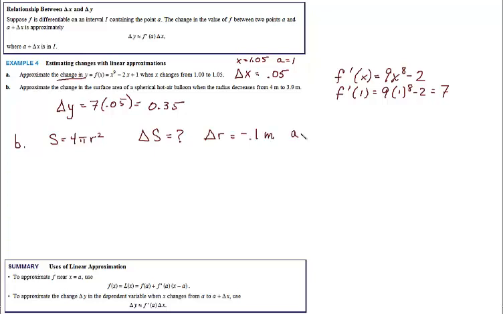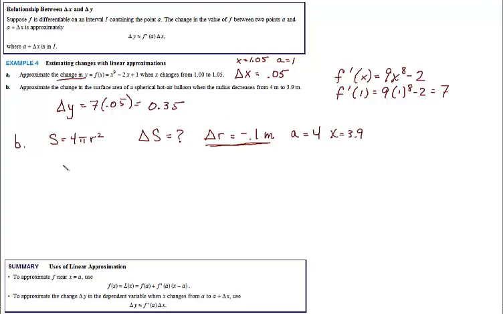That lets me know that a is 4 and x is 3.9. I'm going to use this differential formula. I already have the delta R. Now I need the delta S equals,